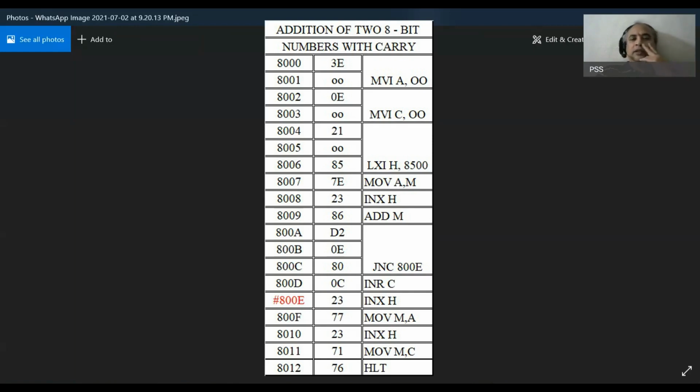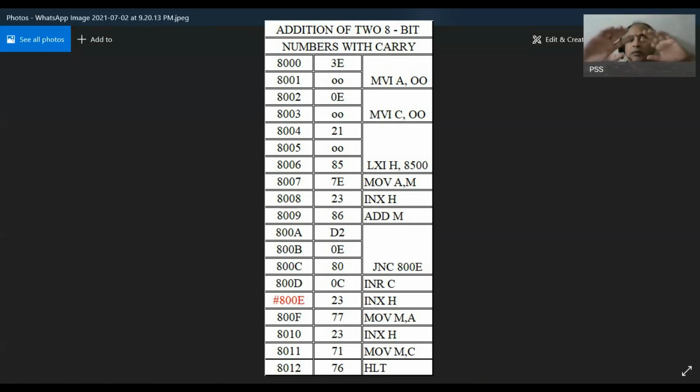How do you make C equal to 1? By just incrementing the C. Why? Already the C has a value of 0. In the beginning, we have made the C register, or simply the carry, as 0. By incrementing the C register, obviously the carry would be incremented by 1. So now the carry would be equal to 1.